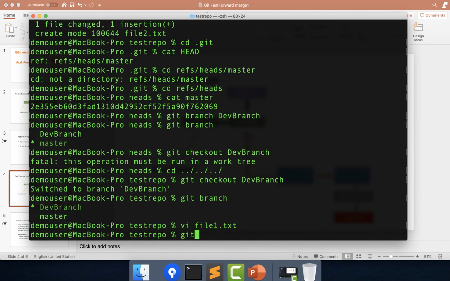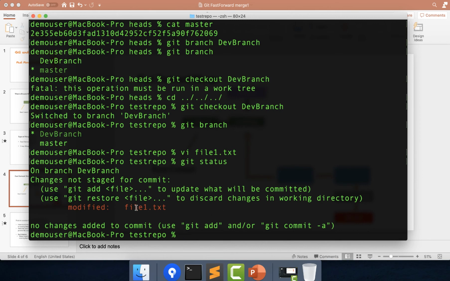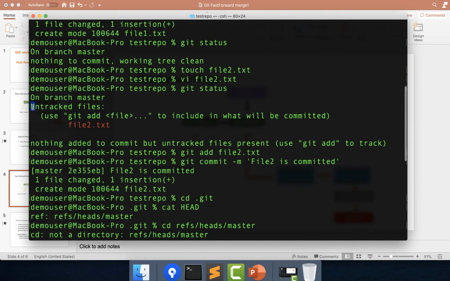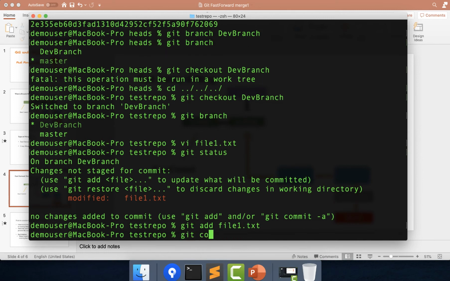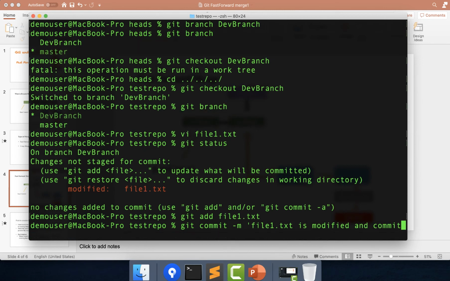Now if I do git status, you can see this file has been modified. Previously it was showing as untracked, if you remember. Now it is showing as modified because we are already tracking it and it has been modified. So I will type git add and the file name, and then git commit with the message "file 1.txt is modified and committed".